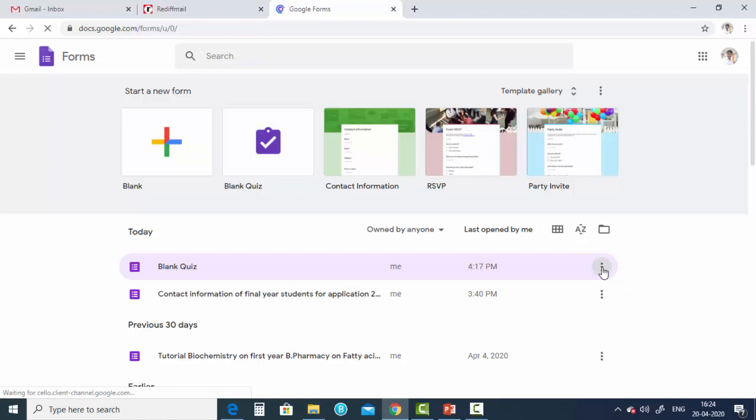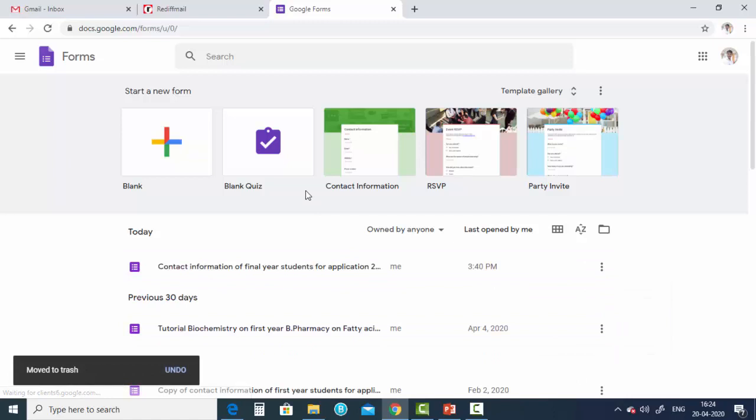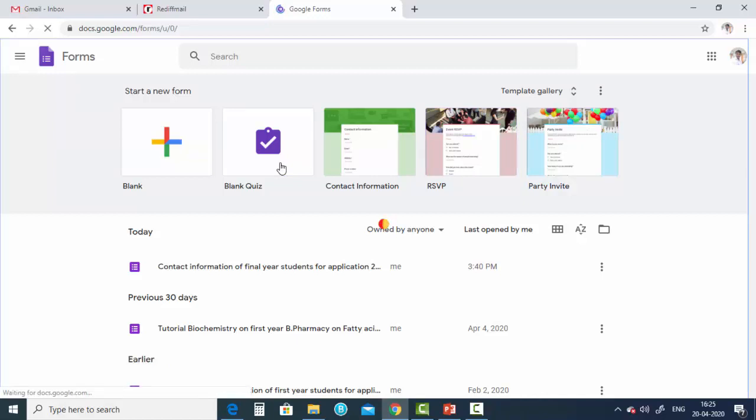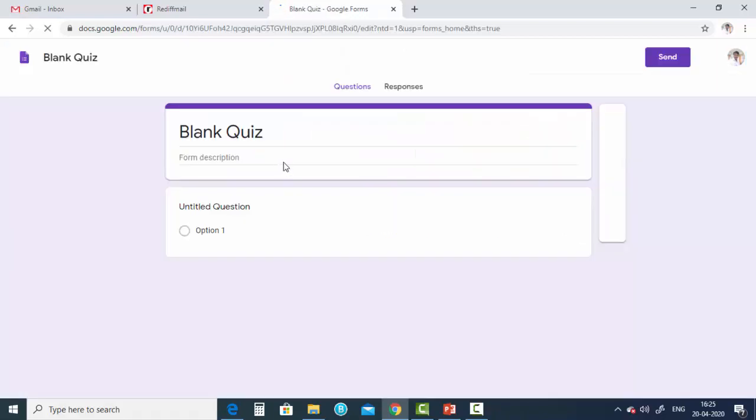I'm removing the previous blank quiz. Google Form is providing a template, so in that we can select a blank quiz so that we can prepare MCQs and send them to the students. Now, for the requirement of issuing a certificate to the students, we require one add-on application of Google